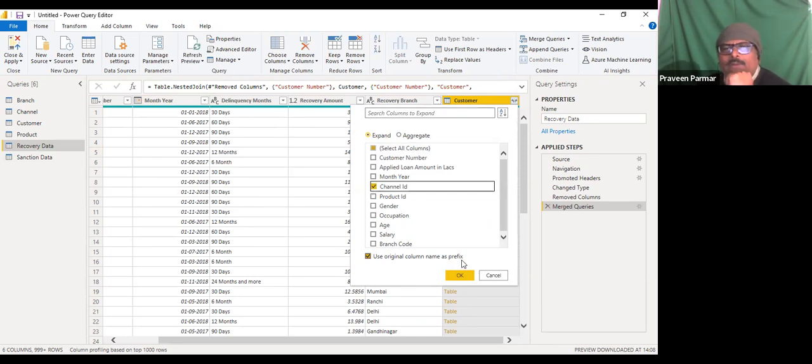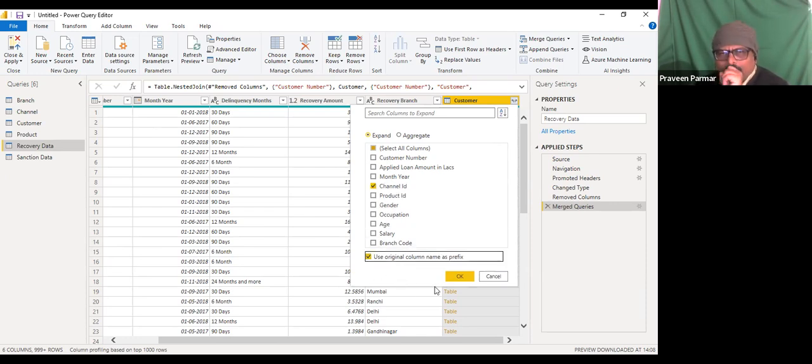The original column name as prefix means the customer table name would come before the column name, like customer underscore channel ID. So I will tick here. If I don't tick, then it will not be there. You could do it by yourself and check the difference.